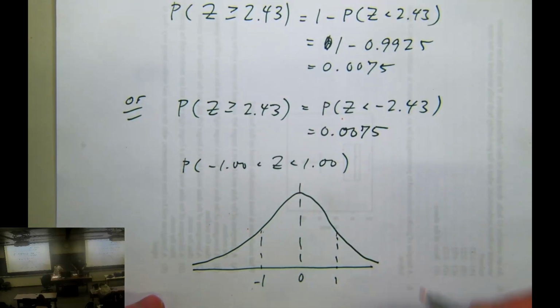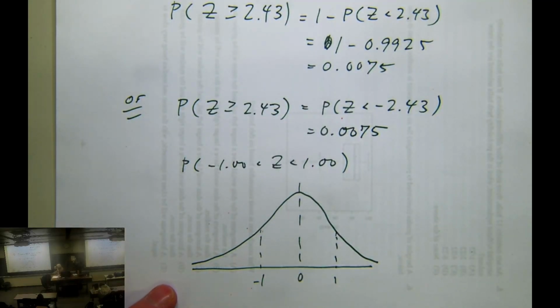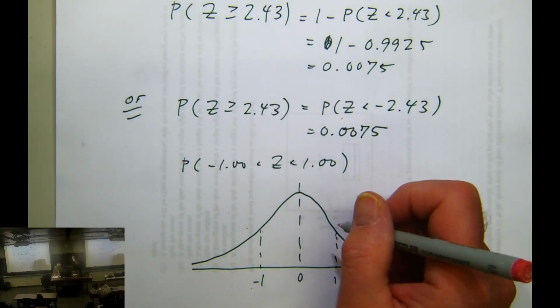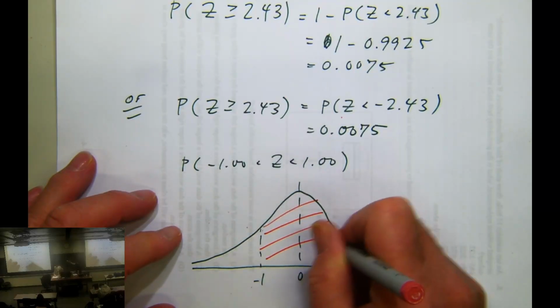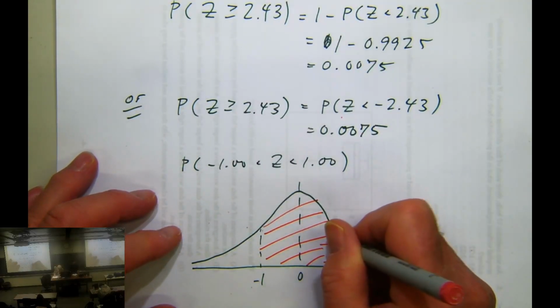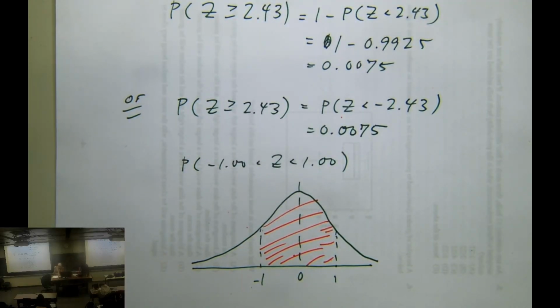Hey, wait a second here. That's not in the table. The table only does, if you look at the little picture, the gray areas all the way to the left. How are we going to get this? Oh, well. That's not in the table. I don't think we can do it. I don't believe you. He's lying. He knows how to do it. I'm just sleepy.